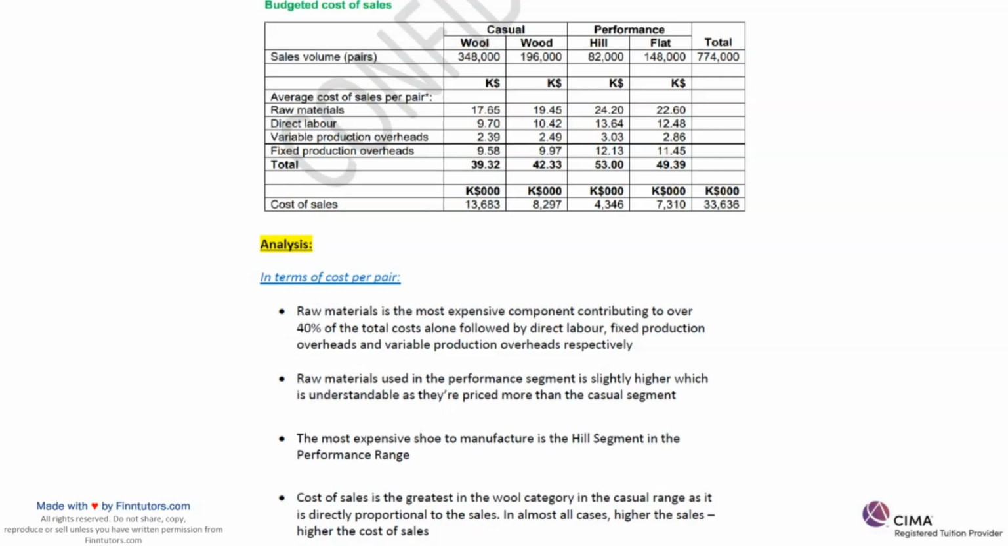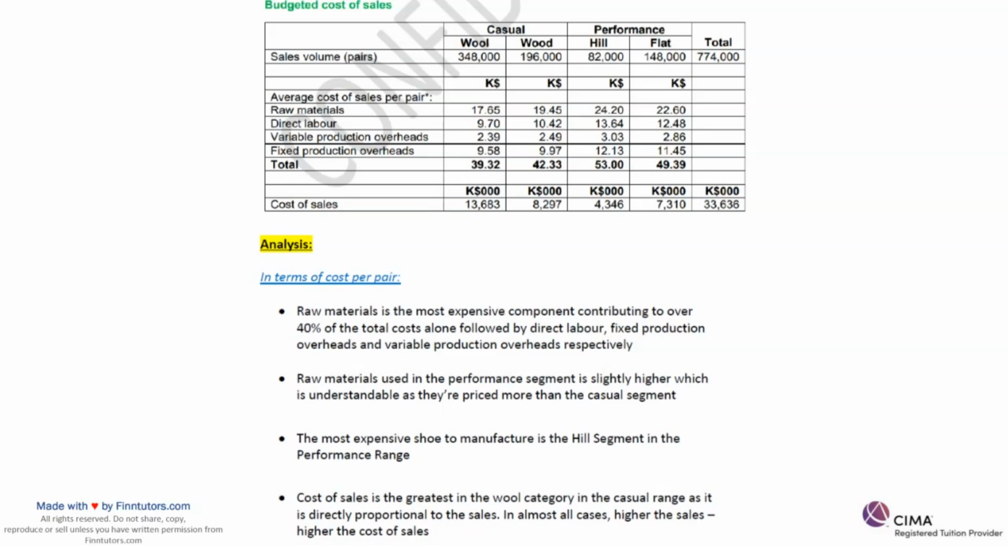The cost of sales is the greatest in the wool category, in the casual range, as it is directly proportional to the sales. We are selling very high quantities of wool casual shoes, and that is why the cost of sales is also going to be high. In almost all cases, the higher the sales, the higher the cost of sales will be, because to make those many products, we will have to put in that much unit, we will have to put in that much fixed production,